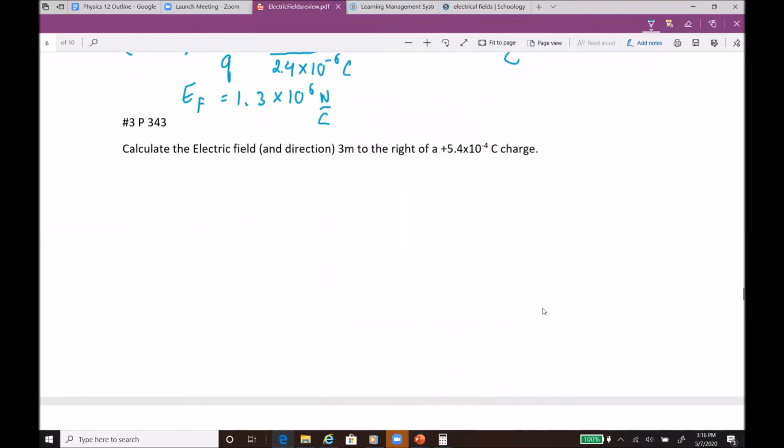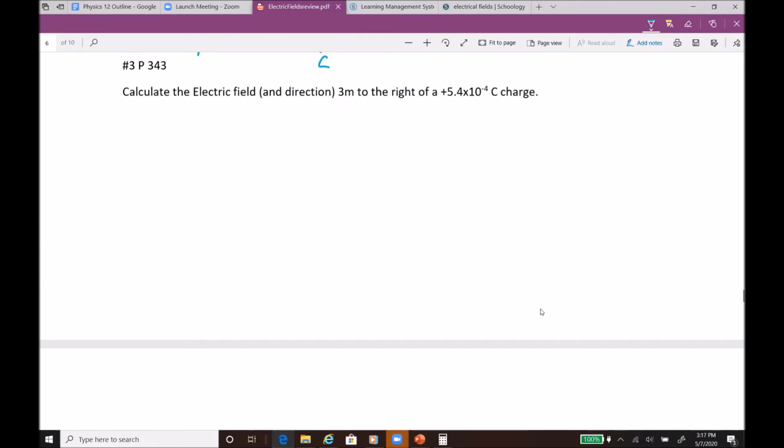Okay, so let's look at number 3 on page 343. Number 3 on page 343: calculate the electric field in direction 3 meters to the right of a 5.4 times 10 to the minus 4 charged object. Okay, so again, the electric field would be